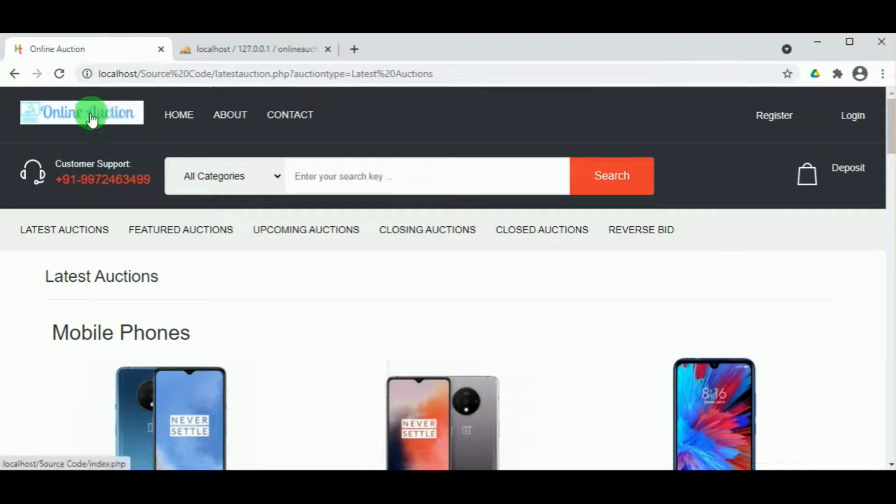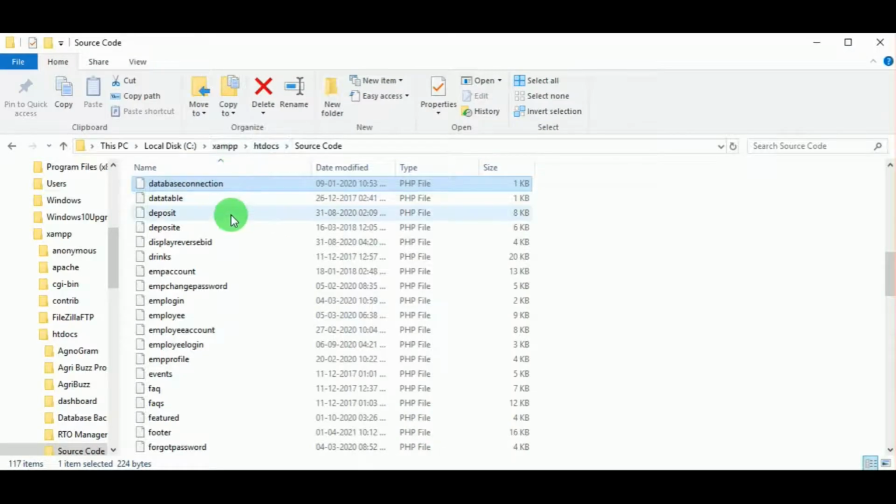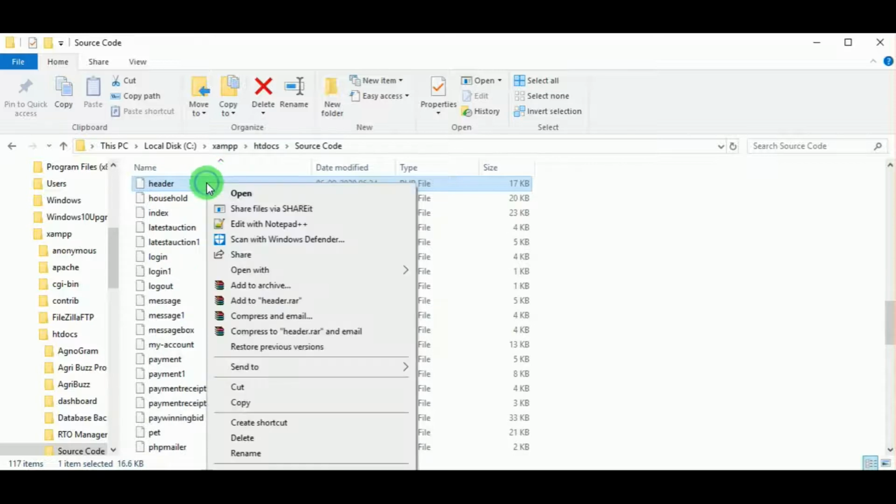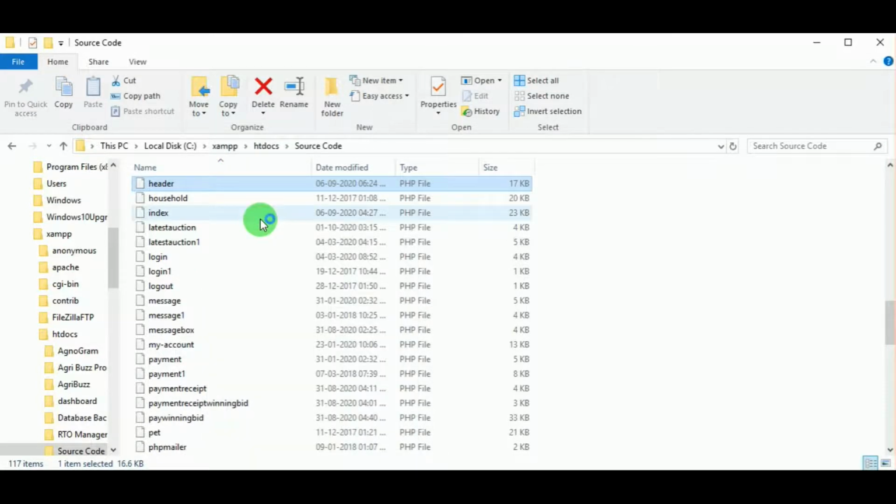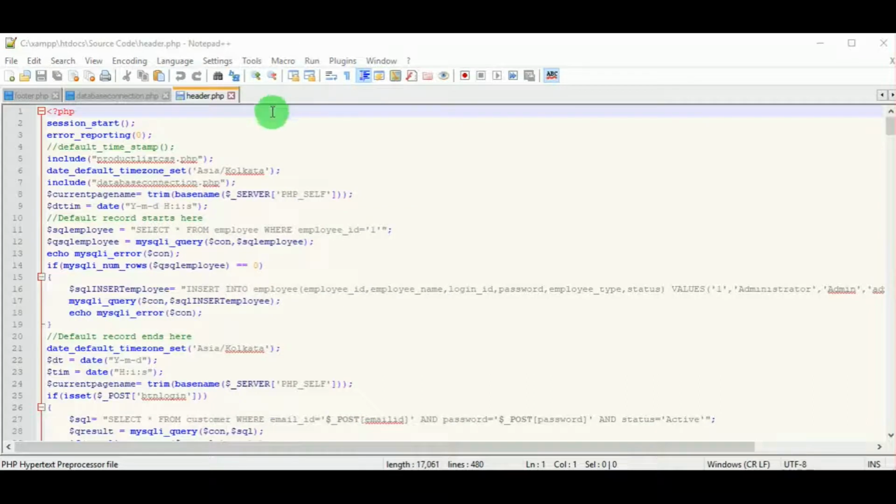Now let us see the header. You can see the logo of the project as well as some menus. So this is in the header page. header.php is the file which includes the header details. You can see here session start. Session start is used because each session will start and a unique session ID will be created for each user.